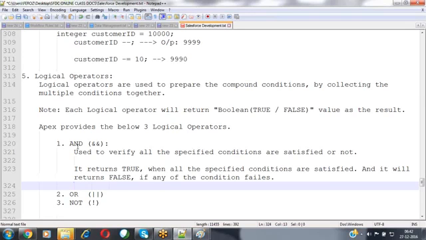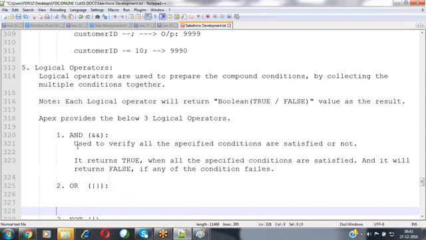So now, in the same way here also, whatever conditions you have specified, if all the conditions are satisfied, then only it will return true to you. If any of the conditions has failed, it will return false to you here. Now I think everybody is aware of these logical operators. In your 10th class mathematics, you had the truth tables. For AND we have a truth table, for OR also, and for NOT also you have a truth table. The same truth tables are available inside your Apex programming with the help of logical operators.